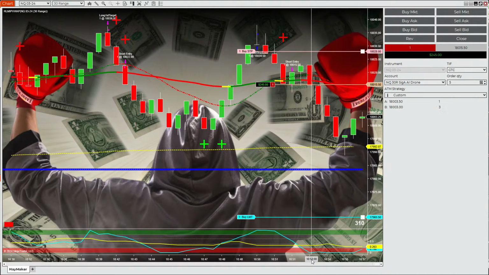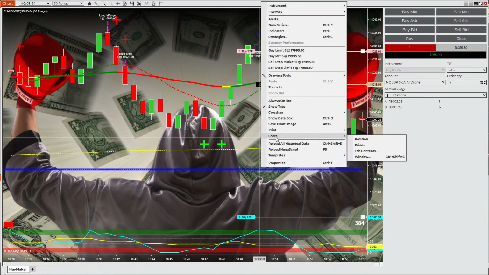Looks like we did a little bounce off the VWAP right there. The yellow dash line on my chart is the VWAP. If you guys wanted to add the VWAP to your chart, you could right click anywhere on the chart, go to indicators,